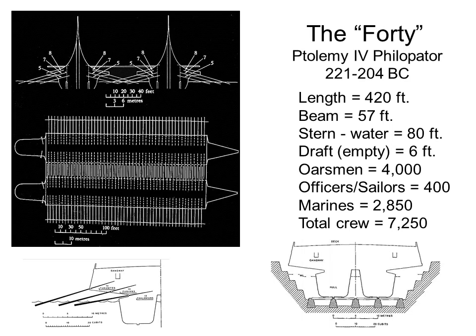And as a result, its dimensions were recorded, and we can read them today, and it's difficult for us to comprehend them. What you see here comes from an author by the name of Athenaeus. And in it, he says that the length was more than a football field and a third, that the draft was surprisingly shallow, as you would expect. The oarsman, this is what gets most people, was powered by 4,000 men,